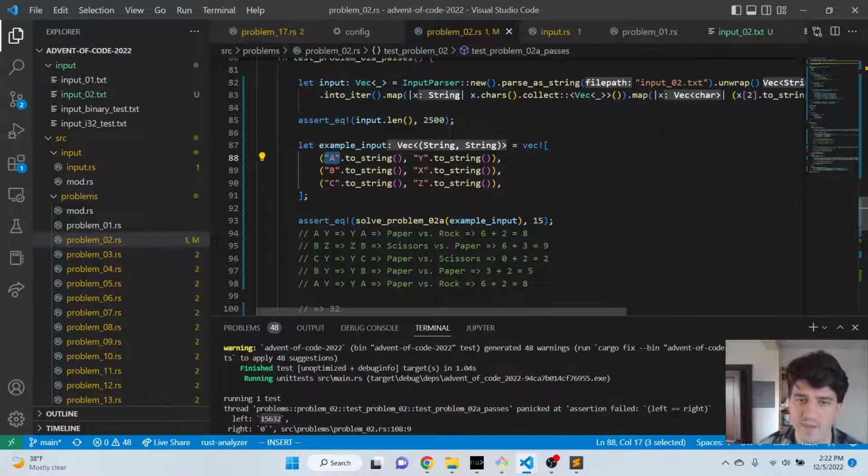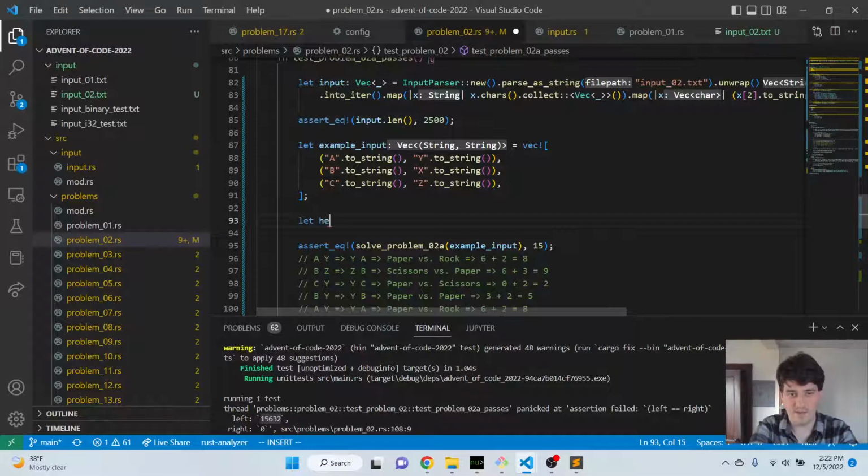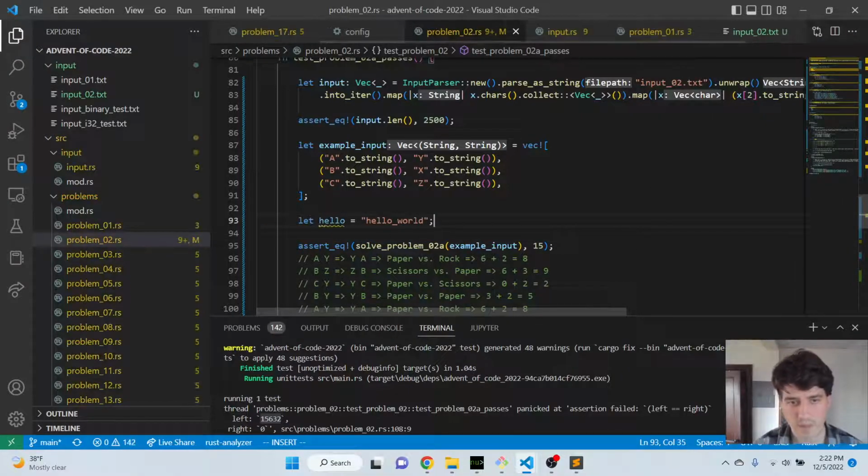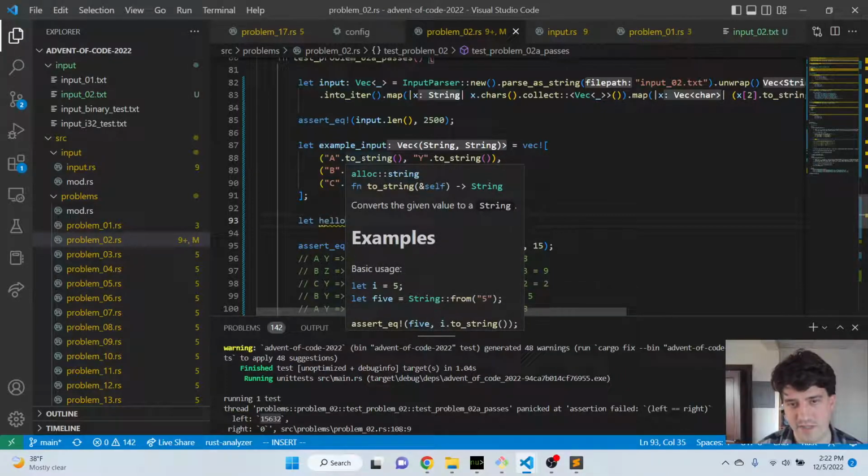If you just say let hello equal hello world, then this is a &str, which I think is stack allocated. It's a much more stripped down version of a string. The internal representation of it, you can do a lot less with it than the actual string type, capital S String,